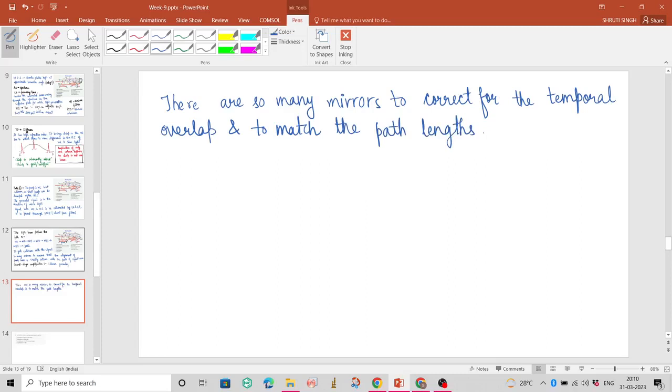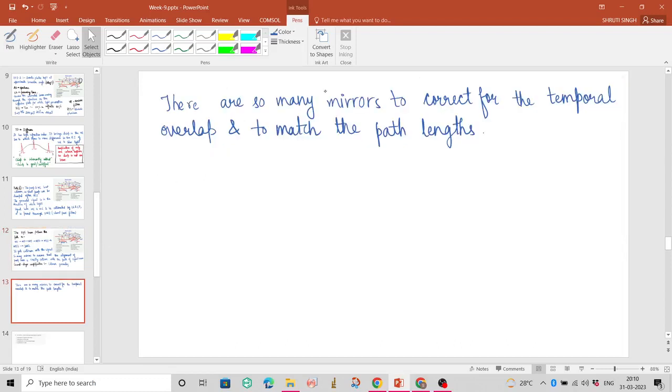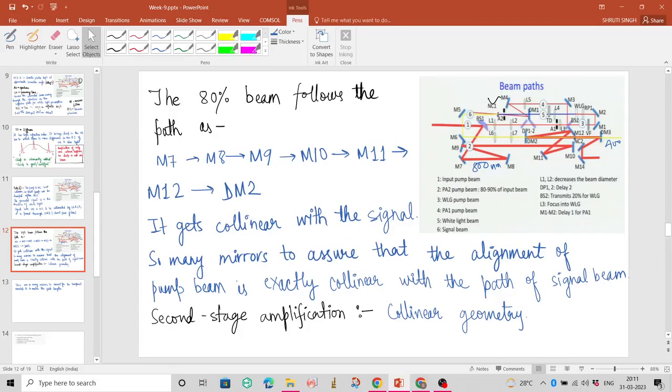So now what I have written is about these many mirrors from M7 to M12. We have these 6 mirrors. So why are there so many mirrors? These mirrors are to correct for the temporal overlap and to match the path length. Now after DM3, so